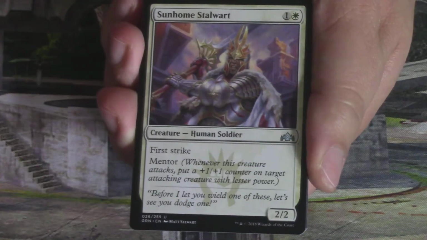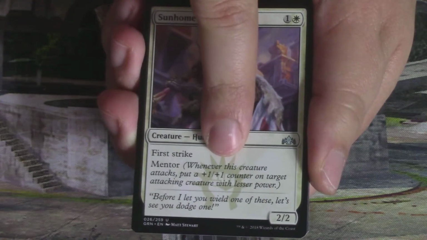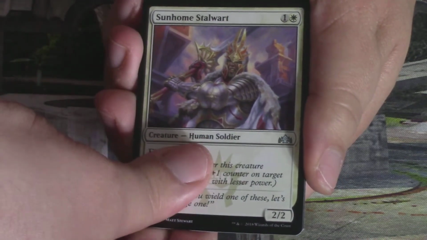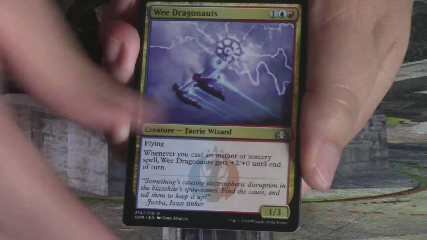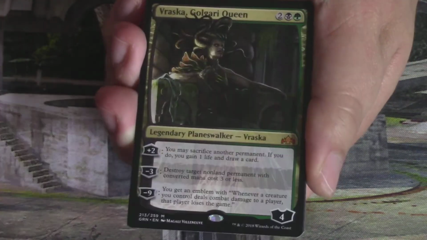We have a Sunhome Stalwart, again, clearly a Boros card. It's got the Boros watermark. It's got Mentor. We can still play it. It's a mono white card. We have a Wee Dragonauts, and our rare or mythic is...